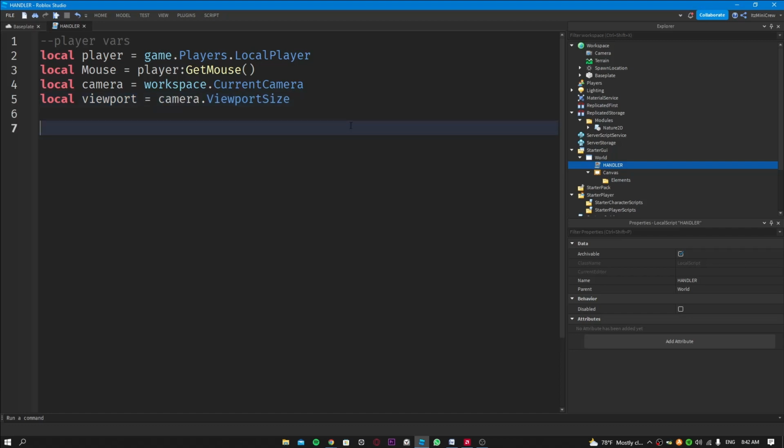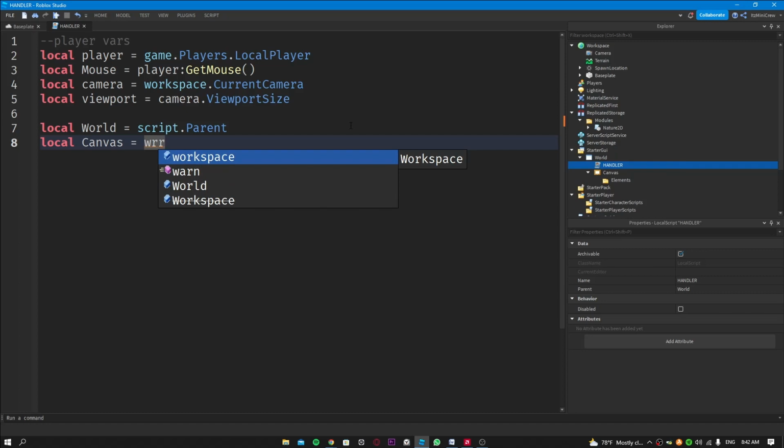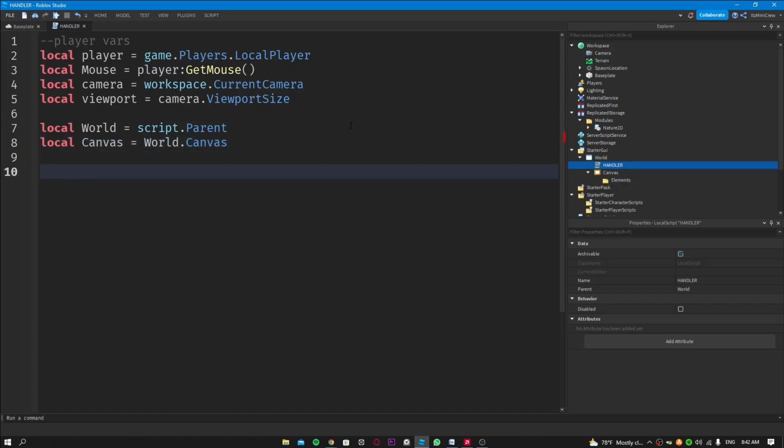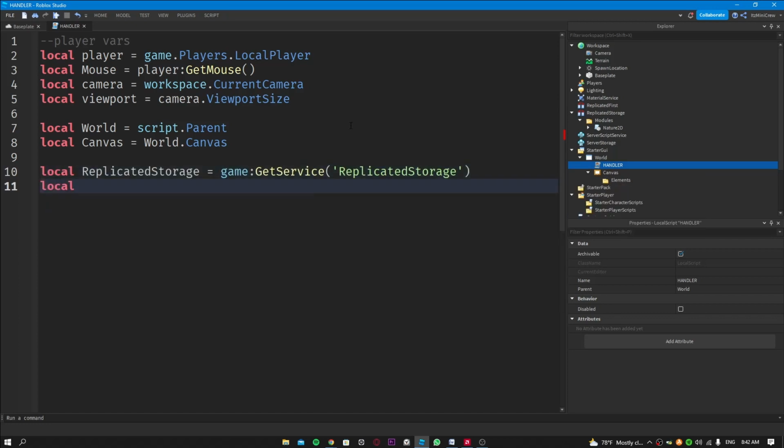Now we need the world, which is script.parent, and we need the canvas, which is world.canvas, and we are going to be needing ReplicatedStorage, and we're going to need modules as well. So yeah,